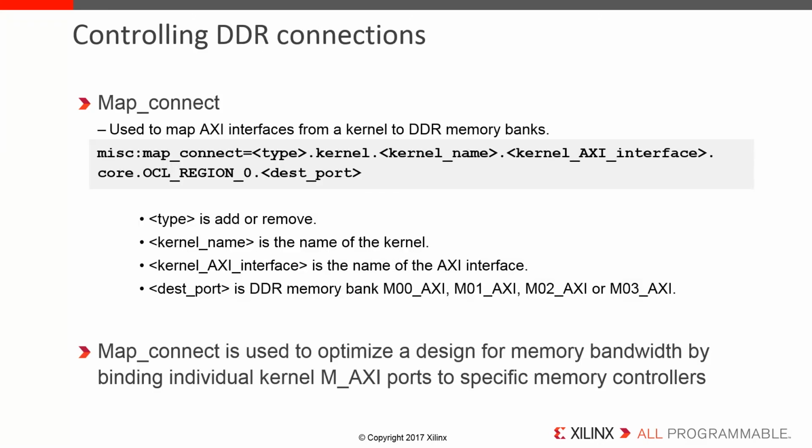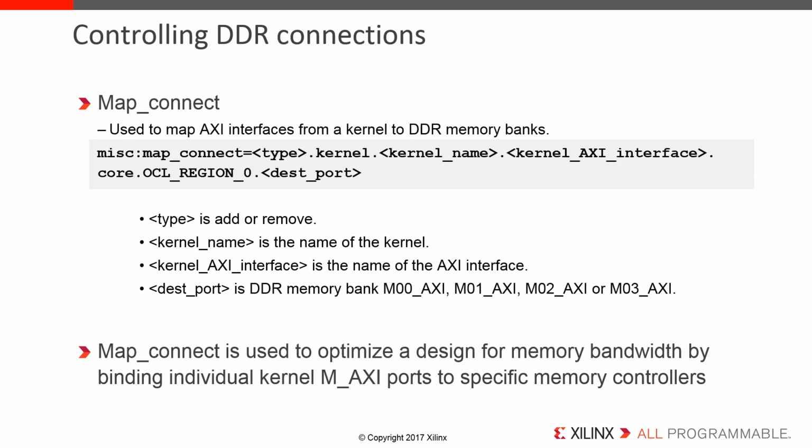Next, we will look at Map Connect. For every AXI interface, we need to specify which DDR channel it should be connected to. The specification has to be done for the AXI interfaces of all of the kernels in the design. The default mapping, when no Map Connect information is specified, results in all of the AXI interfaces being mapped to DDR channel 0. So, in your design, if the bandwidth needs to be spread out between the DDR channels to balance the load, you will need to use the Map Connect feature to bind individual AXI ports to specific memory